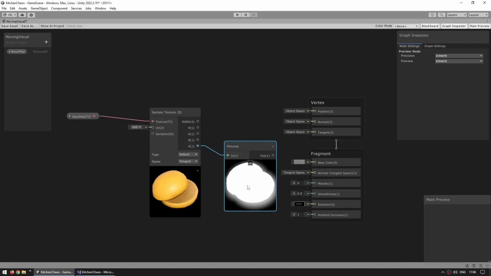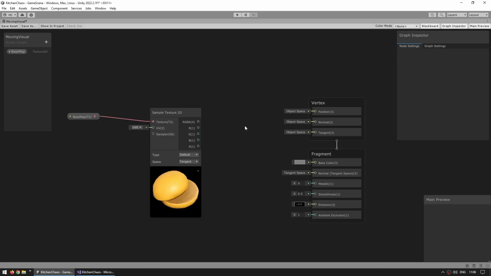You know, it is super useful for being able to see what your shader is actually doing. Over here we have the colors, so let's get rid of the preview right now. And in order to make it work, we really just need to connect the RGBA and go up here into the base color. And right away it should work, but you might not be able to see anything over here